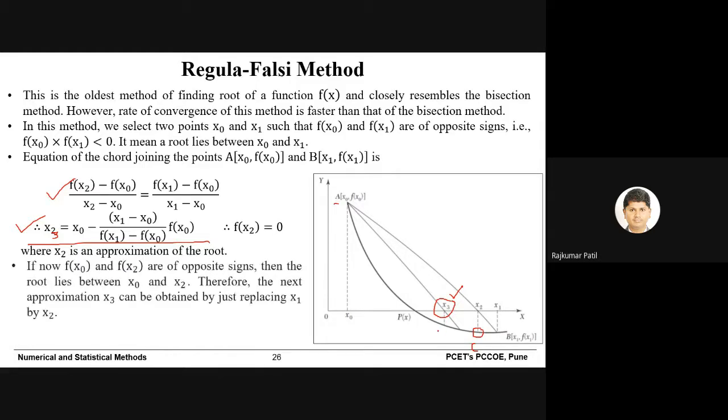Again, we are going to repeat this process again and again till we reach the exact solution or the accuracy of the root in which we were interested. So this is how mathematically this particular method works in order to get the root of the equation. So this is about the mathematics. Now we will go to an example and see how this particular method works.